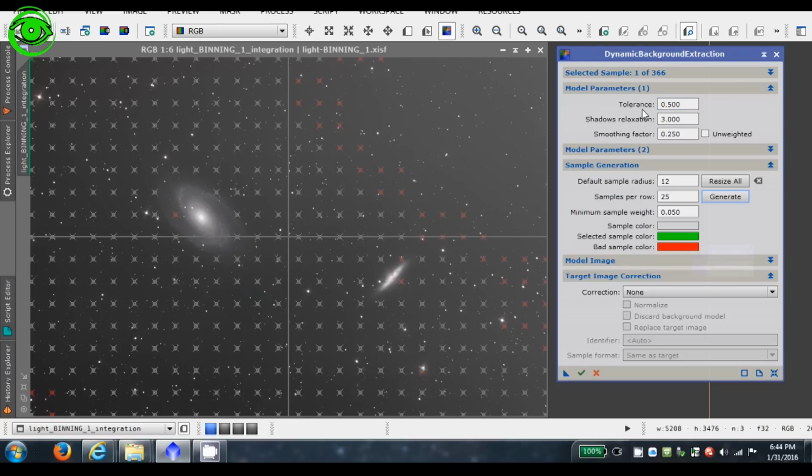So if we increase the tolerance here to about 1.5 or let's say 1.7 and we hit generate again, not only is it going to increase our samples that it generates, but also you can see all the bad samples that it had generated are gone. Now you can still see that there are some